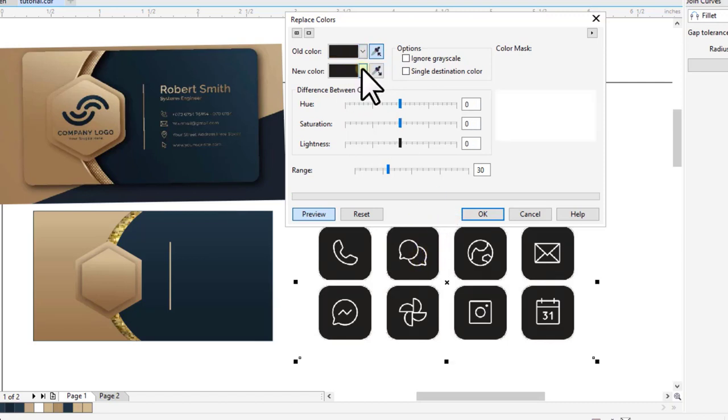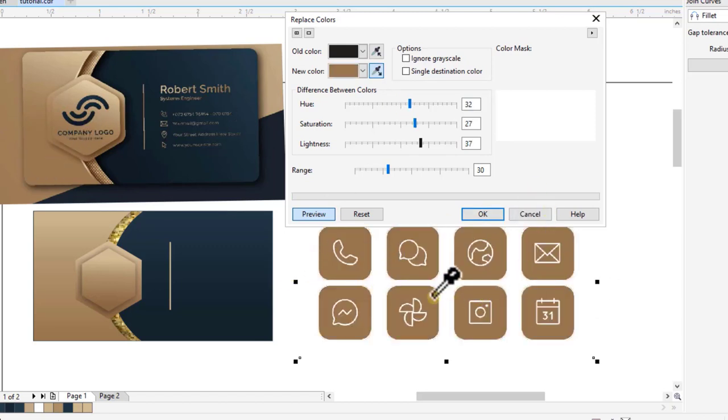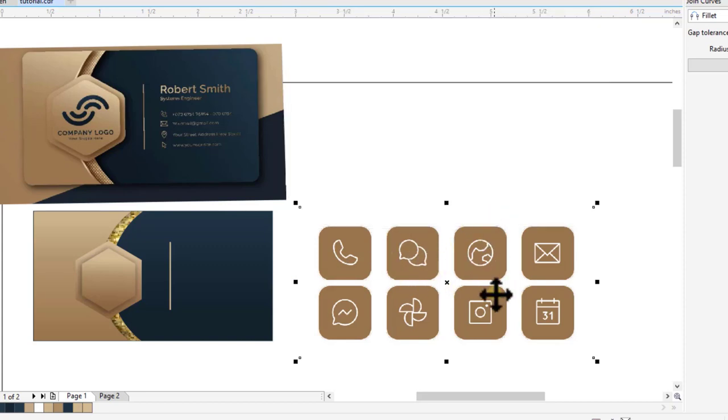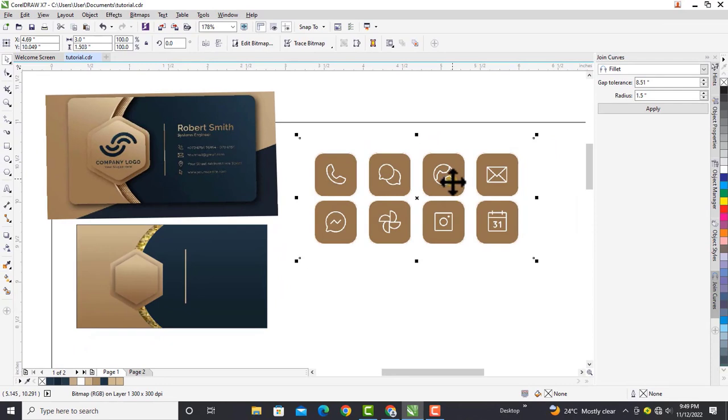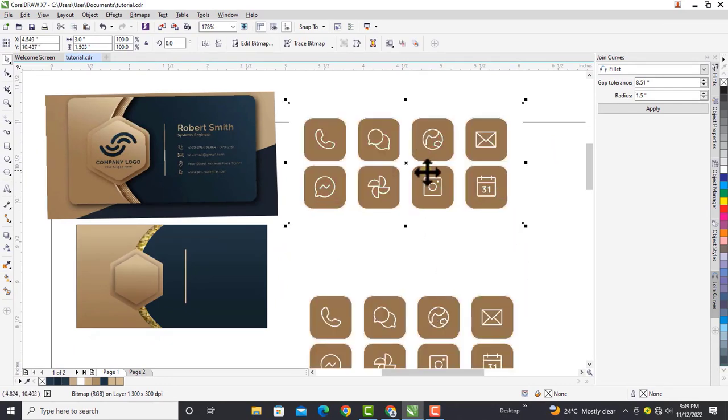Okay, so it turns black, then I replace it with the new color. This is the new color. I click on the color eyedropper beside it and pick the new color right here. You can see that the color of the image has changed. Then I click OK. This icon, I need to separate them, so let me just duplicate this, and let me